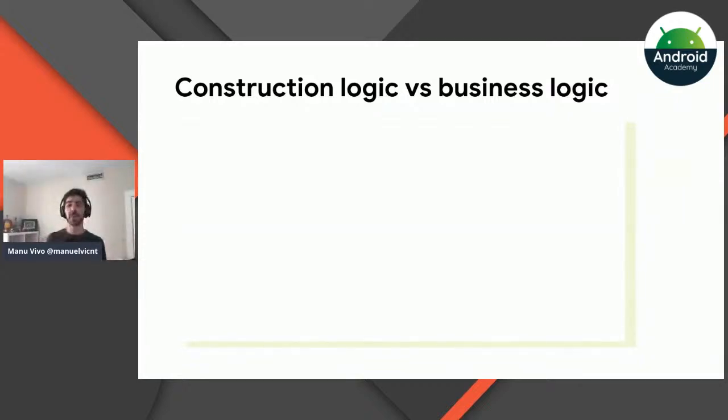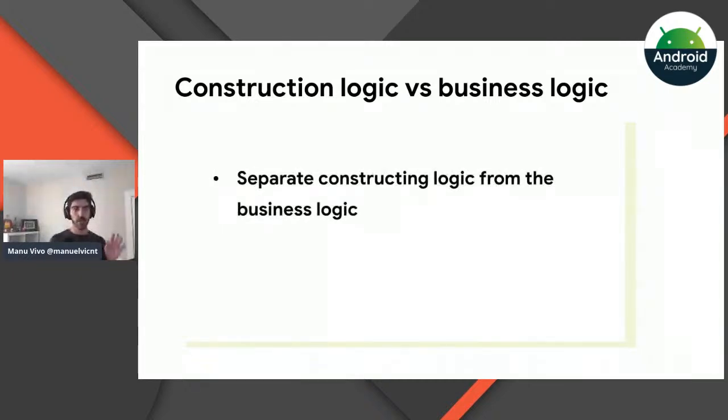and that's it. Or it can be more complicated. Imagine a class with 10 dependencies, and then those dependencies having more transitive dependencies. So this is quite complicated. And that has to be separated out from the business logic. The business logic is what your app does, basically, without having to do that. So we have to separate this out. And this is very, very important: separate the construction logic from the business logic.